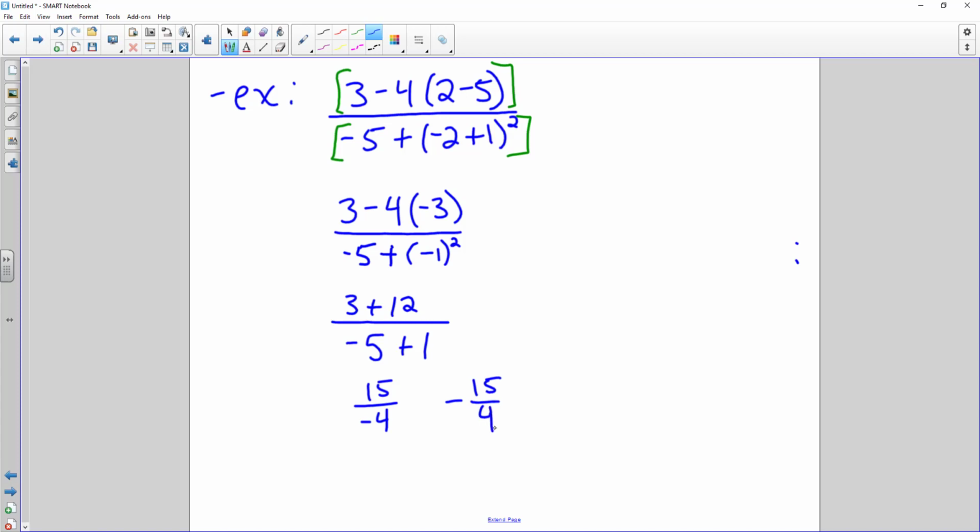So depending on how I want my answer, I could leave it like this as improper because it doesn't go in nicely. Or I can change this to negative 3 3/4, or if I wanted to do the decimal form of this, negative 3.75. So one of those three forms of that number. Okay, let's do one